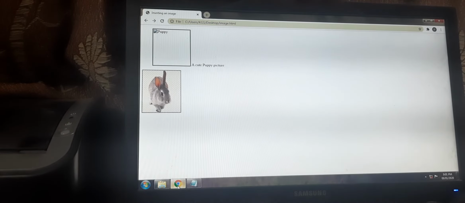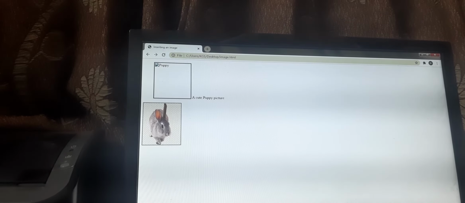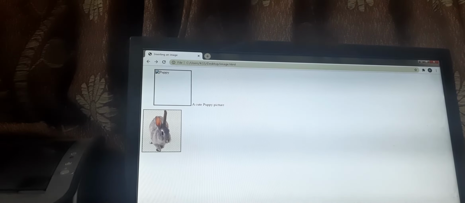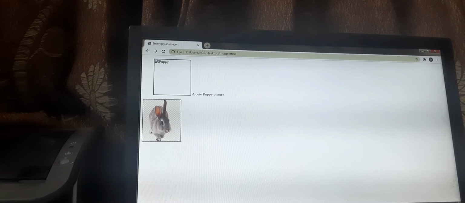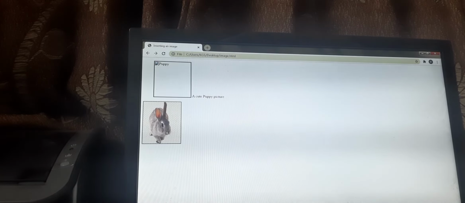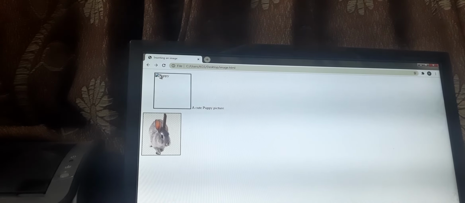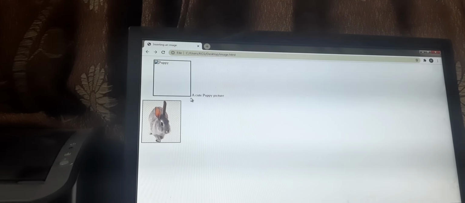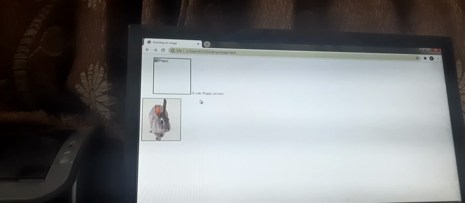Why is that happening? Because the file name is wrong. The actual file name was puppy.gif. And now if you see, the alternative text has displayed the text now. Why? Due to the absence of the picture, the alternative text has displayed the content here, which is puppy. Can you see here? Yes. Be it in the presence or the absence, this figcaption is not vanishing. Can you understand? So this is the difference.